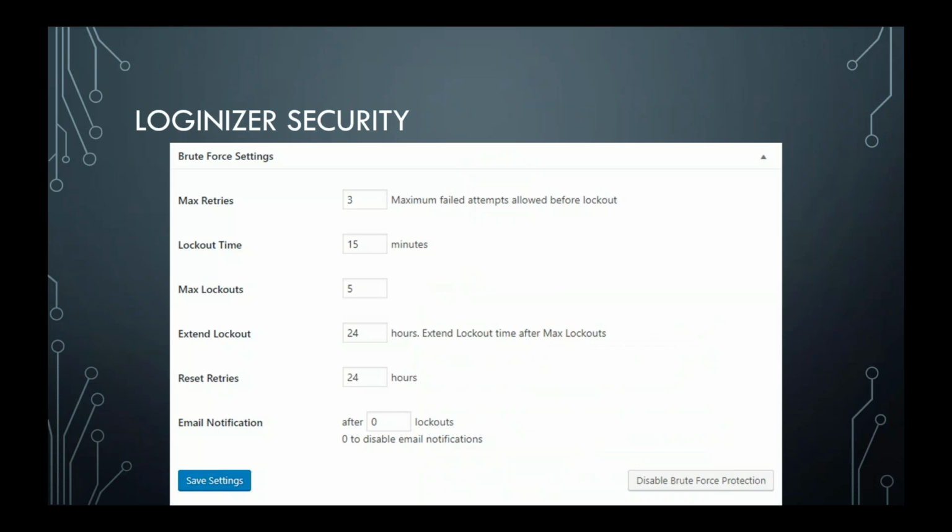One of the things it does is let you set a maximum number of retries. If people try to guess your password too many times, they'll be locked out. They might know that your user is admin, but every 3 tries is going to lock them out for 15 minutes. Then they can have a maximum lockout of 5 times, and after that they're locked out for 24 hours. So this would dissuade anyone who's got a computer program set up to keep resubmitting passwords to try and hack in.